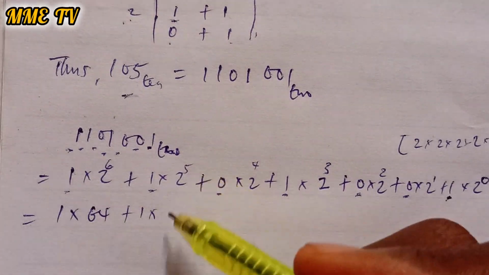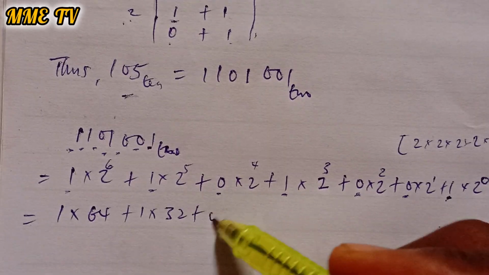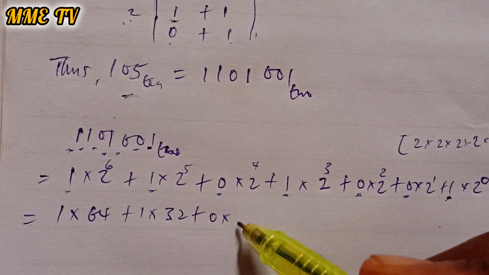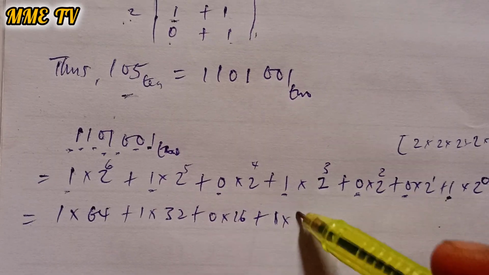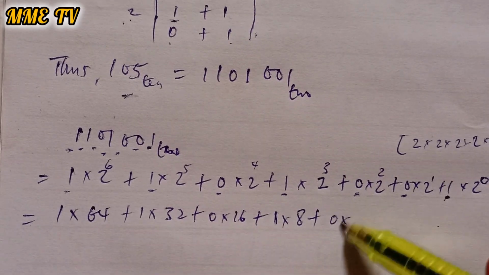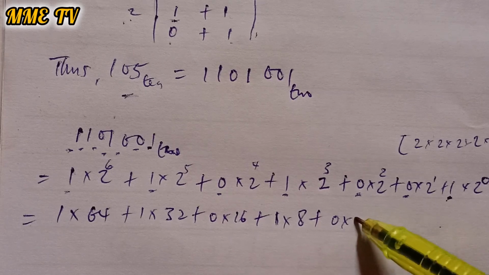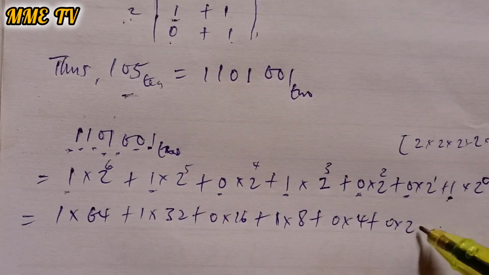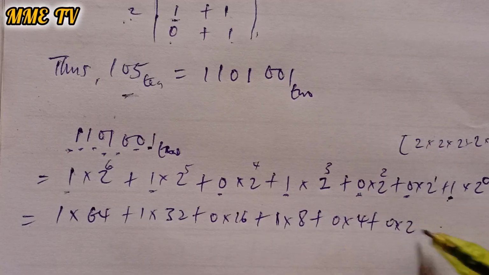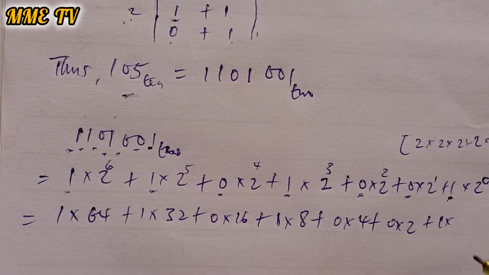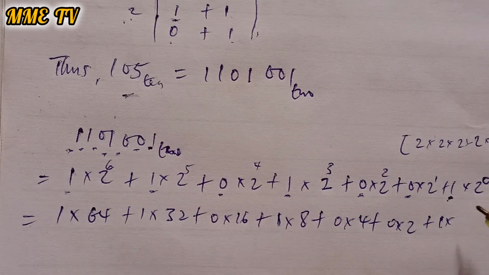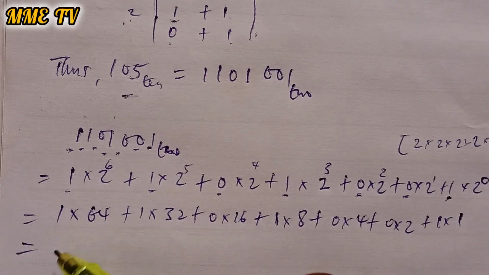Plus 1 times 2 raised to the power of 5 is 32. Plus 0 times 2 raised to the power of 4 will be 16. Plus 1 times 2 raised to the power of 3 is going to be 8. Plus 0 times 2 raised to the power of 2 is going to be 4. Plus 0 times 2 raised to the power of 1 is going to be 2. Plus 1 times 2 raised to the power of 0. Now, there is a rule of indices that any number raised to the power of 0 is equivalent to 1. So 2 raised to the power of 0 is 1. Now this is equal to